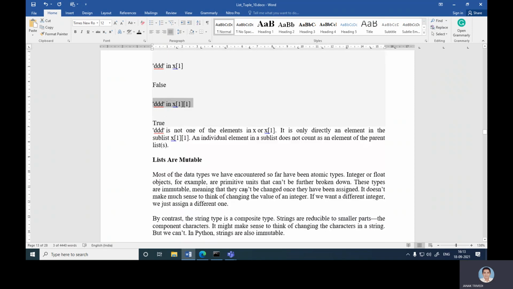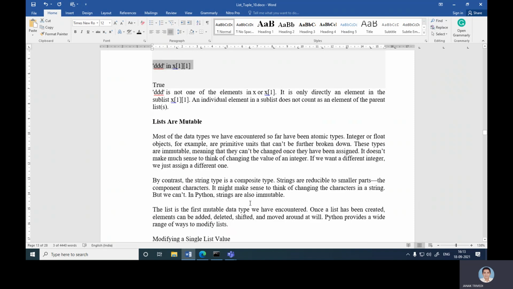Okay, now next is lists are mutable. Most of the data types we have encountered so far have been atomic types. Integer or float objects, for example, are primitive units that can't be further broken down. These types are immutable, meaning that they can't be changed once they have been assigned. It does not make much sense to think of changing the value of an integer. If we want a different integer, we just assign a different one.